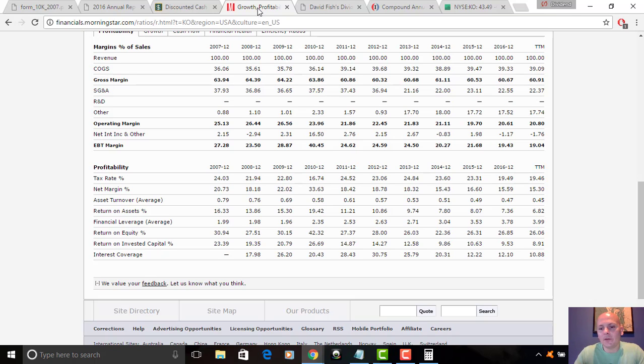I'm looking at fundamentals. I'm looking at the dividend metrics. I want to see a good payout ratio, a good yield. I want to see that the dividend can probably continue to grow. I want to see good revenue growth, good earnings per share growth. I'm comparing what they've done over the last 10 years as a proxy for the long haul. I'm comparing that to a forecast for near-term growth. I'm looking at the balance sheet.